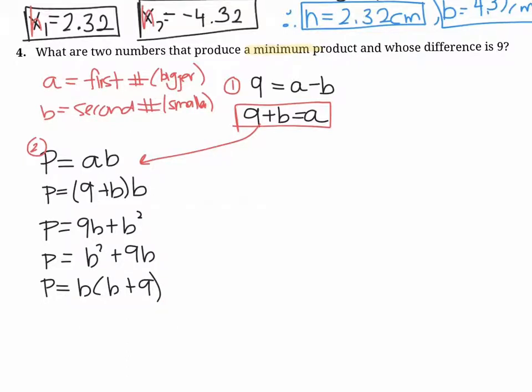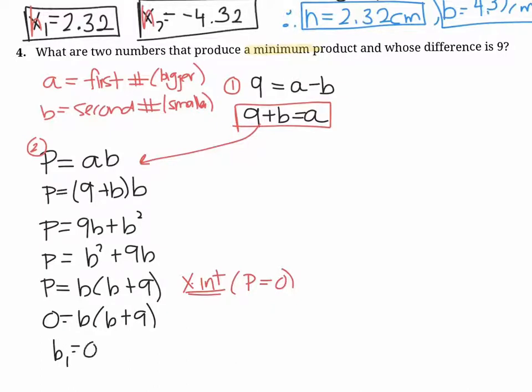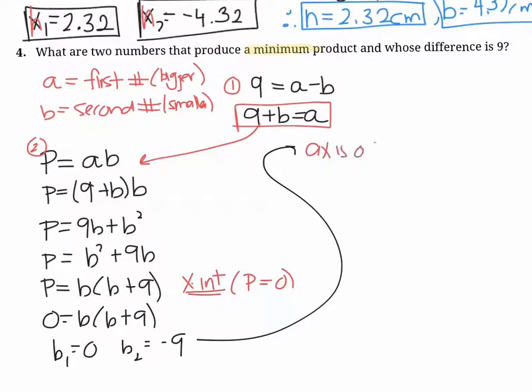We know the steps of finding the vertex. We are going to find the x-intercept first. So we're going to find the x-intercept, which means we need to set our y value to 0, or in this case, p equals 0. So here we go. And now we can pull out our x-intercepts. Our first one's going to be 0. Our second one's going to be -9. What's our next step if we're going to find the vertex this way? We're going to find the axis of symmetry. I'm going to find the axis of symmetry.